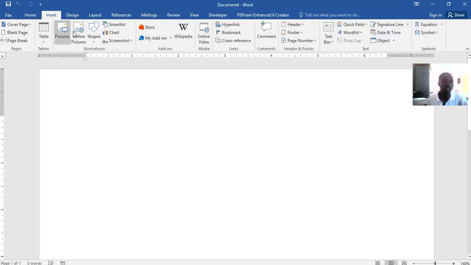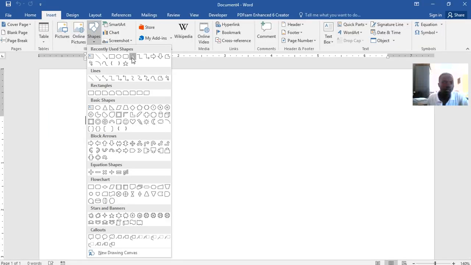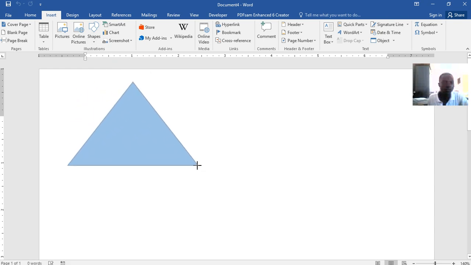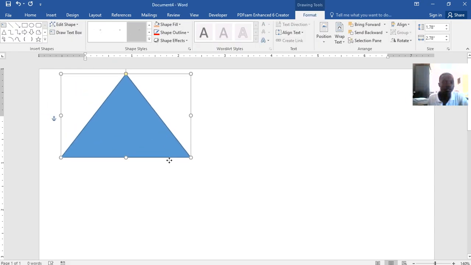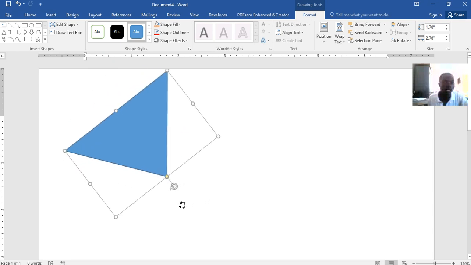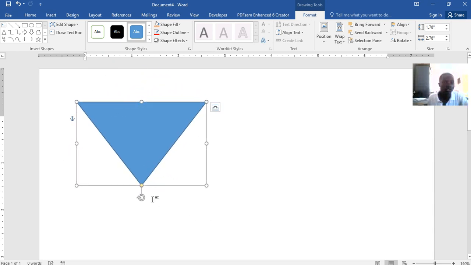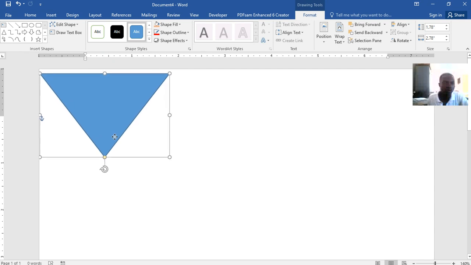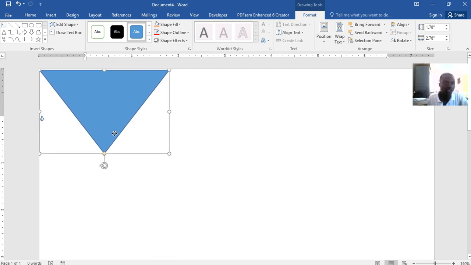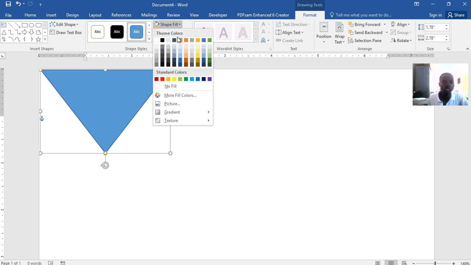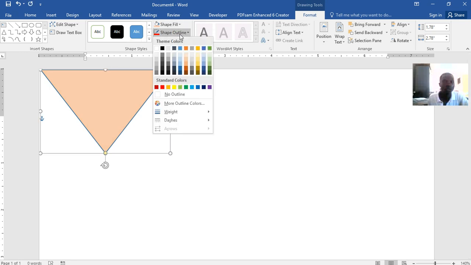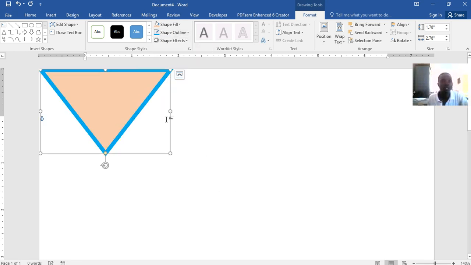We just say insert, then shapes. We take the triangle, we draw it that way, then it's rotated like that. So follow what I'm doing. That's how we rotate it. We put it there on that position, then we click on it. We change the inner color. Maybe we choose that one. Then on the outer color we choose maybe that one, and then we change the weight to 6,